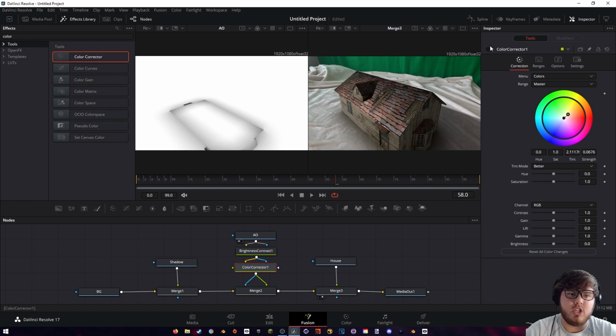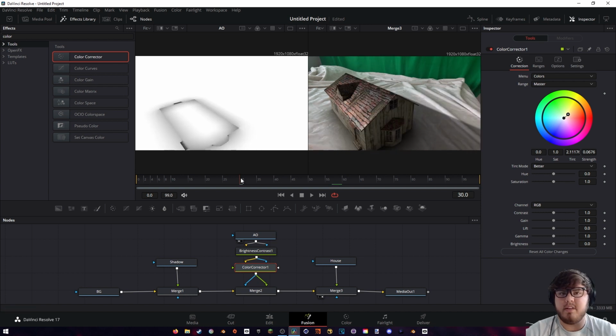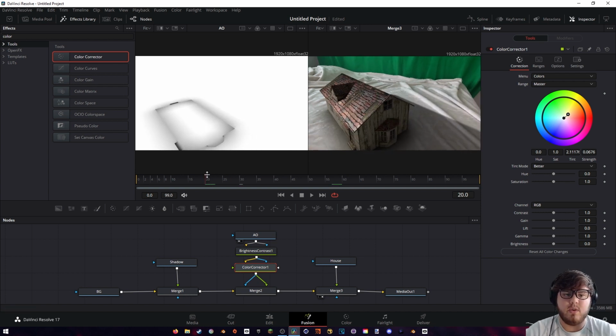If you want to see your different changes, you can always turn this on and off. So you can see that basically just gives it a little hint of the wall color, and blends that in a little bit. Okay, so next is probably the biggest change that we can do to this render to make it look a